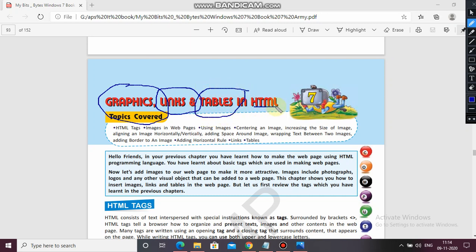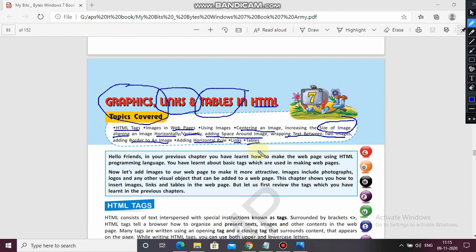As I had already told, the topics include HTML tags, images in web pages, centering an image, increasing the size of the image, alignment vertically and horizontally both, then adding space around the image, wrapping the text between two things, adding a border to an image, horizontal rule, links and tables. These are the topics which we will be covering in this chapter.